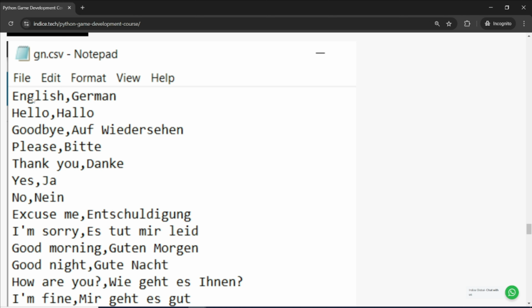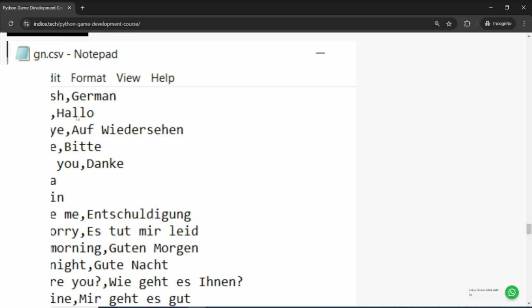Now it has 2 columns, English and German, so the format needs to be maintained. You can modify this for some other multiple choice question and answer game. For instance, as a field engineer, sometimes I read manuals and I can make multiple choice questions based on the manual answers for me to practice. So one column is the question and the other column is the answer. So hello, hello, goodbye, auf, and so on. If you go further below,